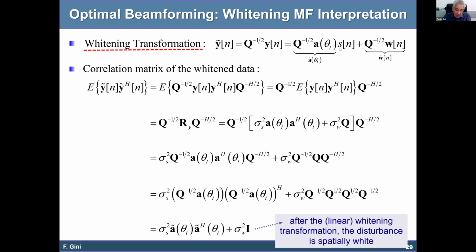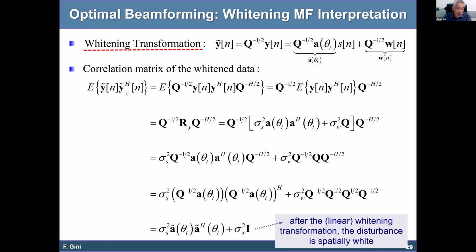So it is as if we have a new array, with a different array response called A tilde, plus the transformed disturbance that I call W tilde, which is the same matrix multiplied by Q. So why is this linear transformation called whitening, called decorrelation? Because if you calculate the correlation matrix of the data, of Y tilde,